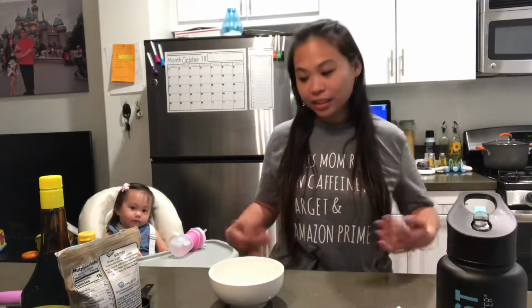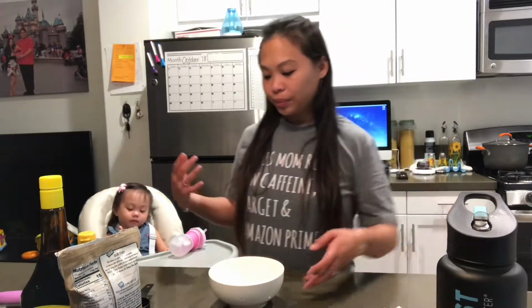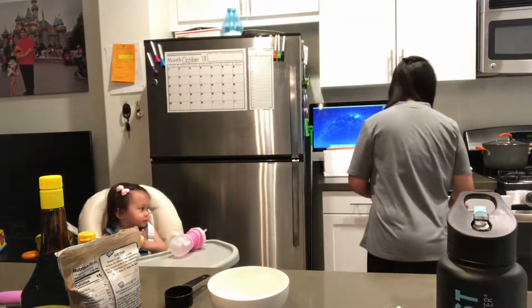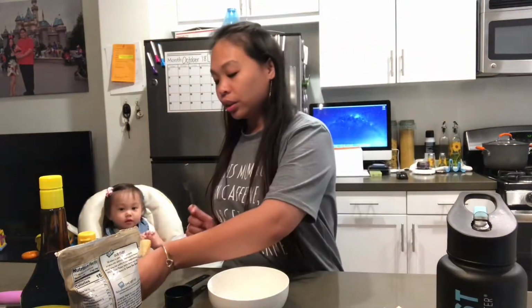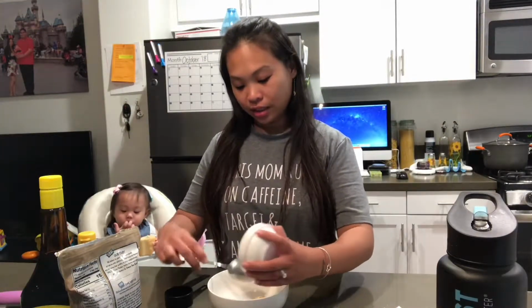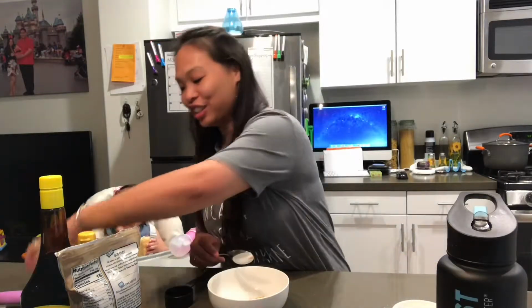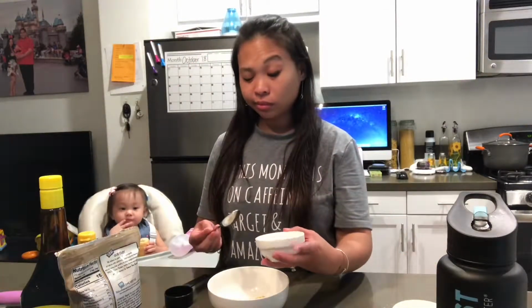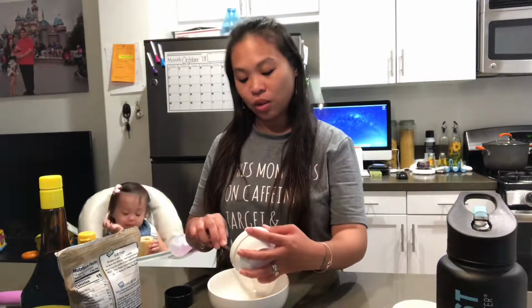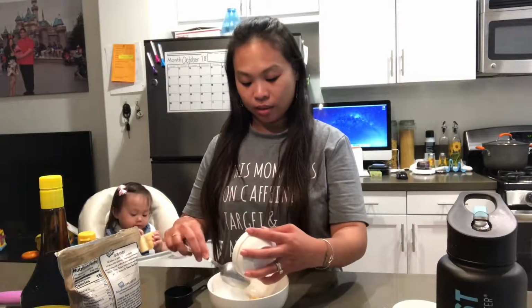Okay, so now we're gonna make the sauce. The sauce is pretty much, or it's gonna be pretty easy. You don't really need too much stuff. So I'm gonna start off with a spoon. You're going to take 1 clove of garlic, mince that, right? I already did that because that's a process for me. And then I'm gonna say half a teaspoon, no, 1/4 of a teaspoon of ground ginger,